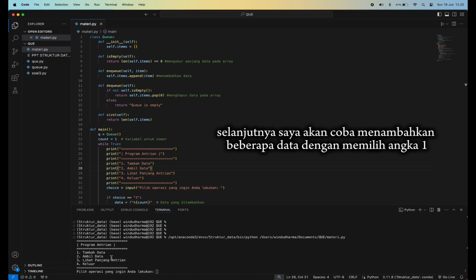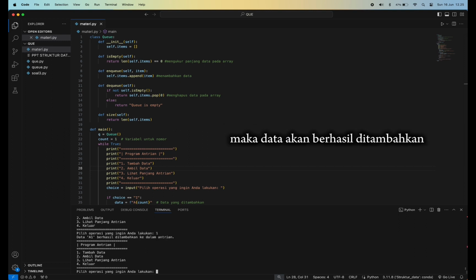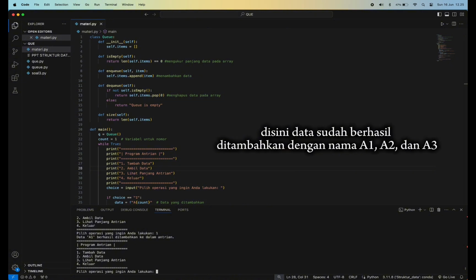Next, I will try to add some data by selecting number 1. The data will be added, and the data that has been added are A1, A2 and A3.